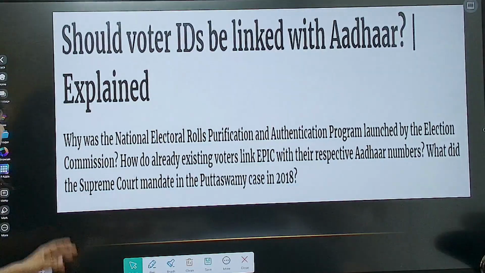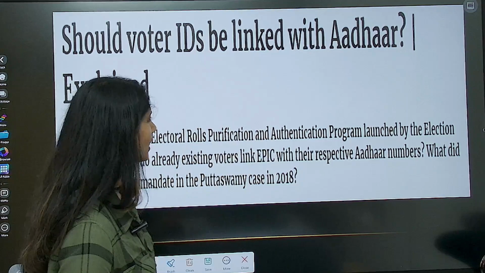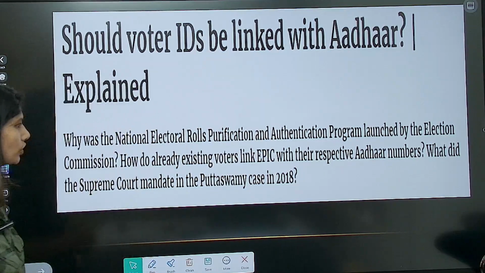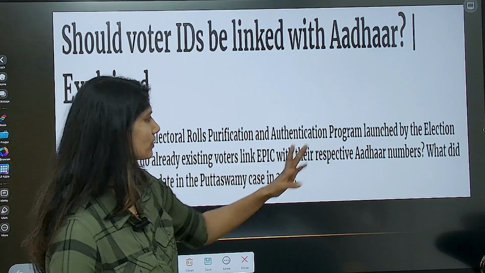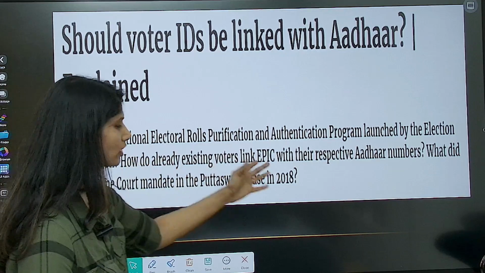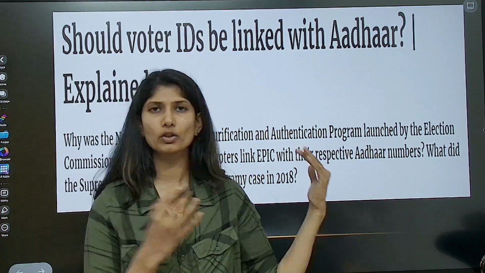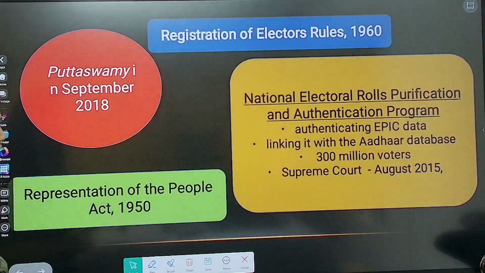Look at this. Why was the National Electoral Rolls Purification and Authentication program launched by the Election Commission? How do already existing voters link EPIC with their respective Aadhaar numbers? What did the Supreme Court mandate in the Puttaswamy case in 2018? All of these three we will be addressing in this video. First and foremost,